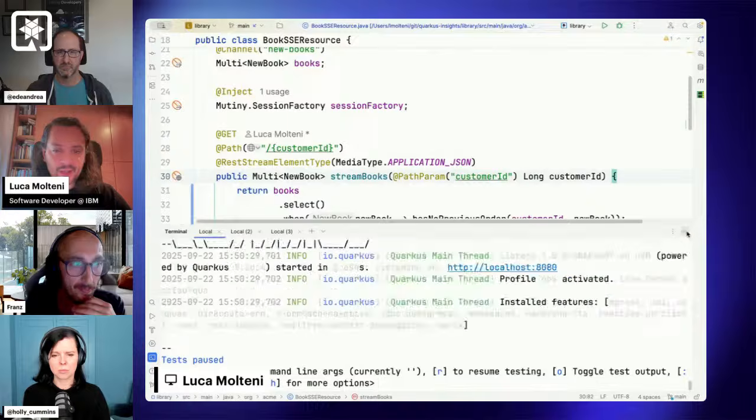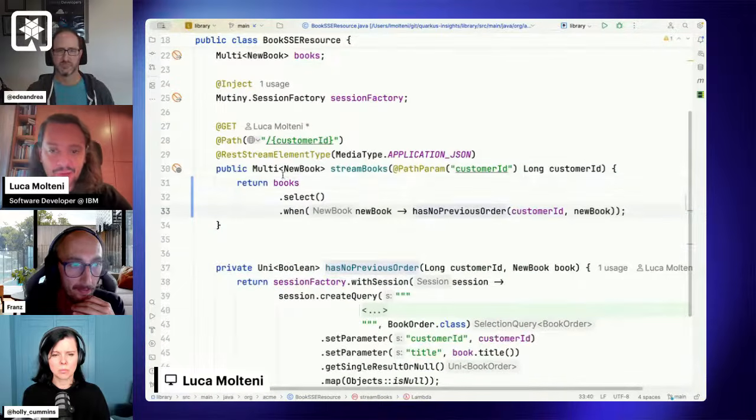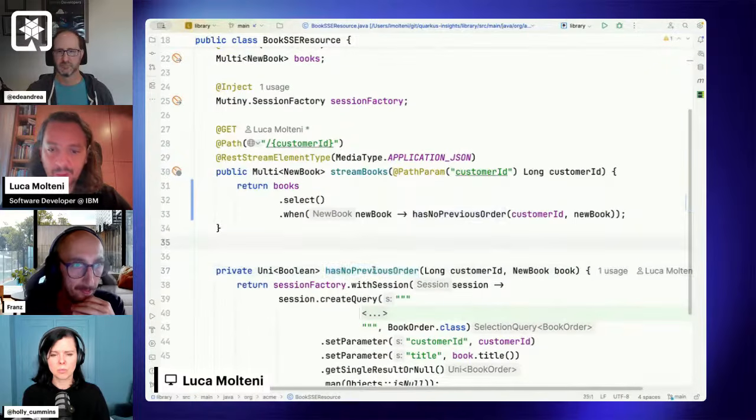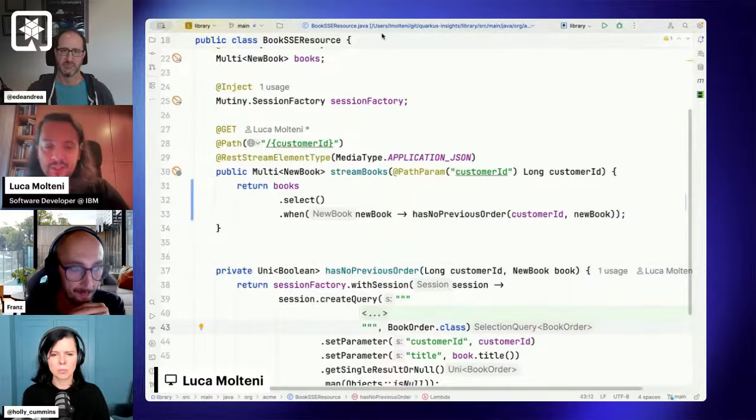Okay, so it started, and again, I'm mixing two different APIs. You can see this is the channel API, the API from the queue, the messaging, and this is the API from Hibernate Reactive. So now, in order to show you this demo, I'm going to